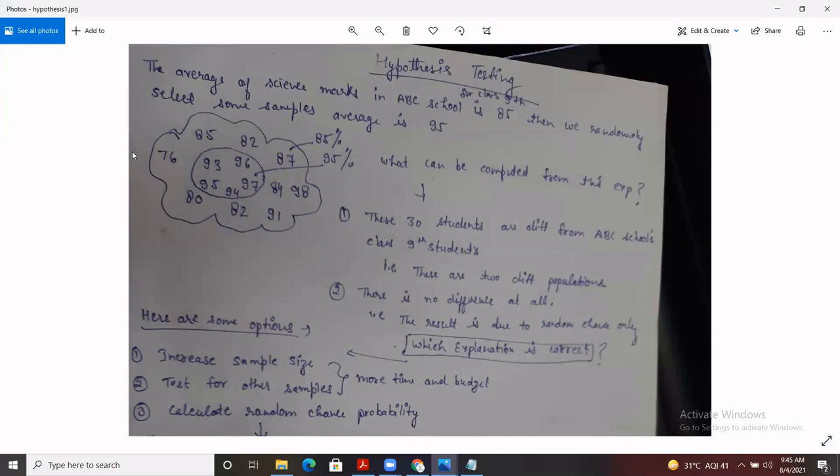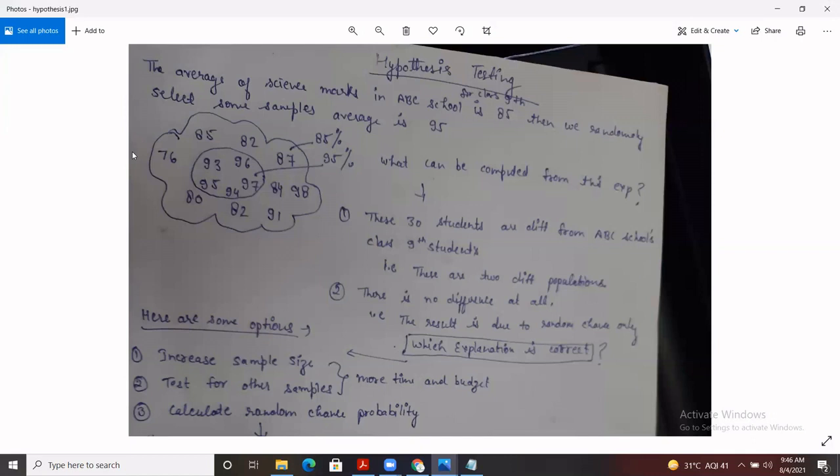So the next point here, why I have given this picture to you, is because this time we can see that the population result is different and the sample result is different. To analyze it more and understand why this difference is coming, we have three options. One is that we can increase the sample size. Maybe previously we took 5 samples, this time we take 6 or 7 samples, and then calculate the average. Maybe then we may have a different picture.